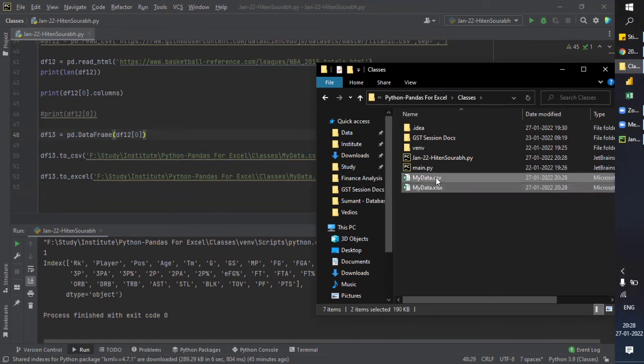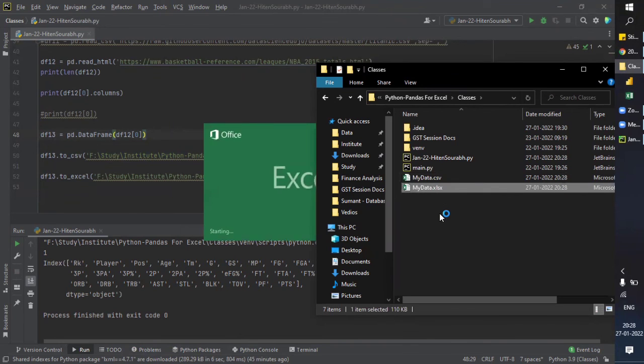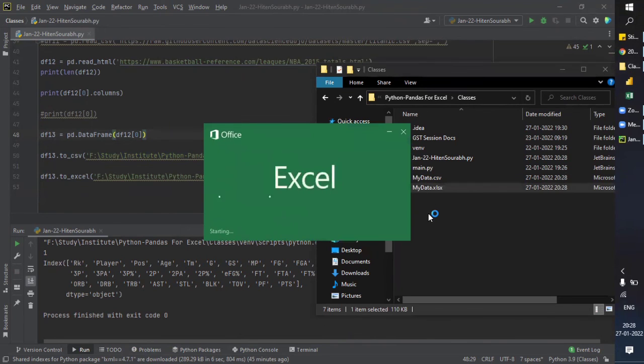Let's check these two files, that we have the data in correct format, shape and size. It's an Excel file.